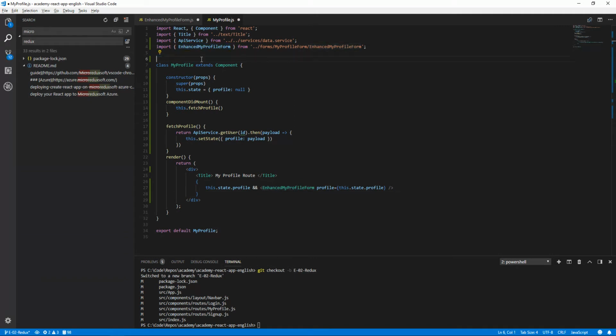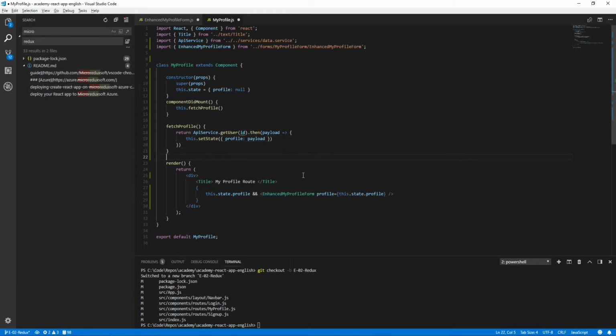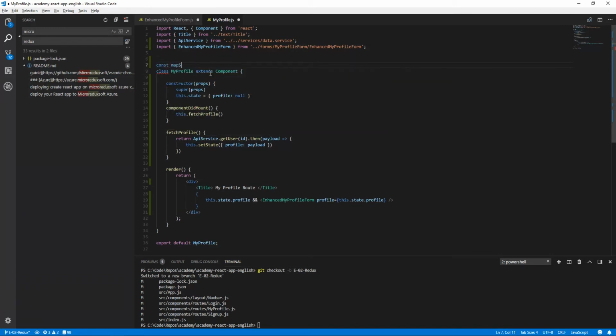Okay. So now we want my profile component, which is the parent component, to know which ID to fetch for. So how could we do this? We could do this by connecting this component to Redux. So we could have here const map state to props equals a function that has a state argument and gives us an ID prop, which is equal to state.id,